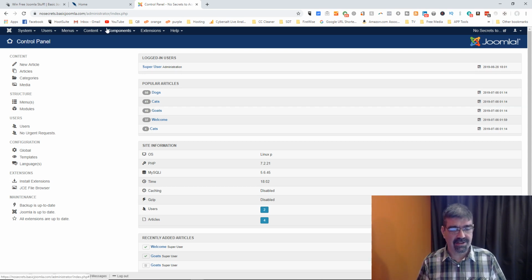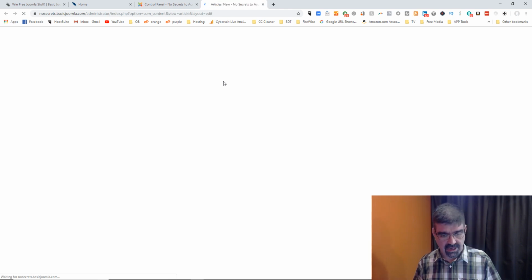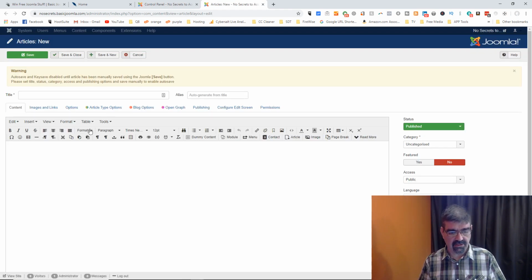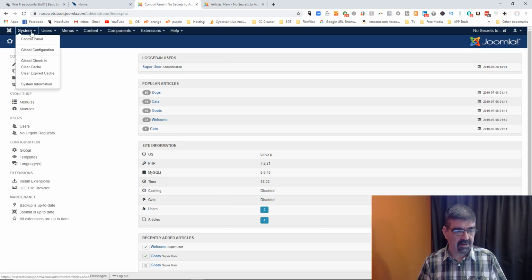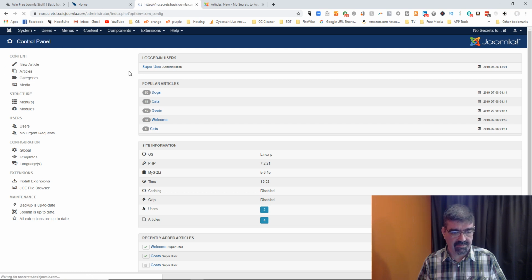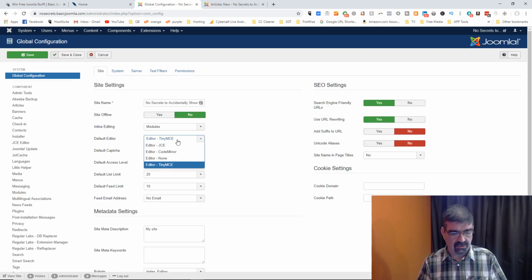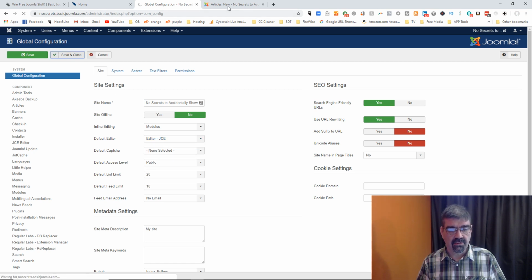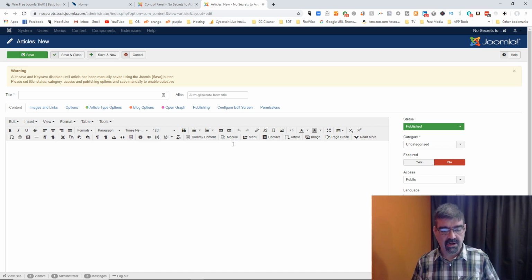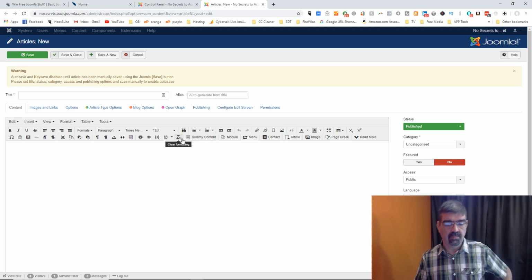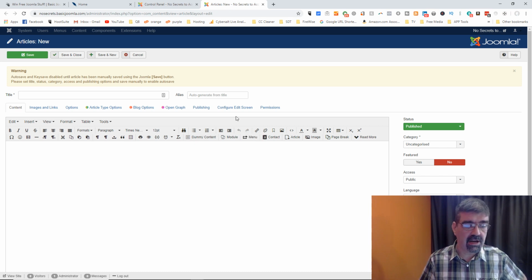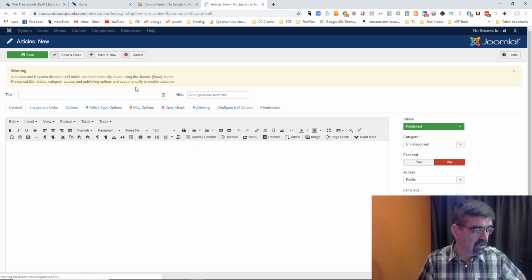Short attention span. Let's go to Content, Articles, and add a new article. And we will see right in here, JCE Editor. Now this is the TinyMCE editor. I haven't switched it over on this site. So let me just go to Global Configuration, and set the default editor as JCE Editor. Save and close that, and now we can refresh. Now see, so here's TinyMCE buttons that all mean things like that, and that's great. But when we refresh, we will see